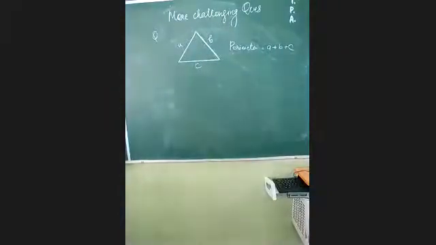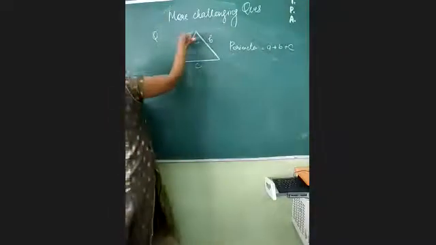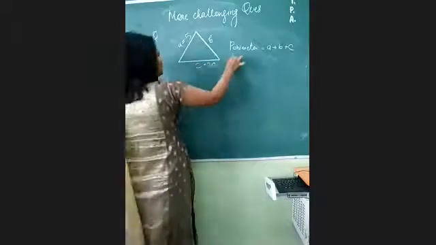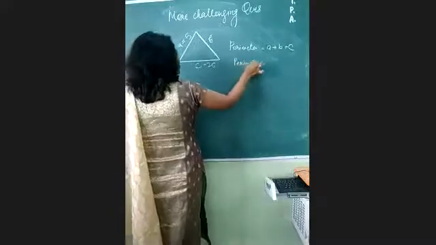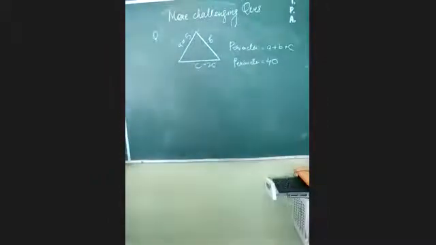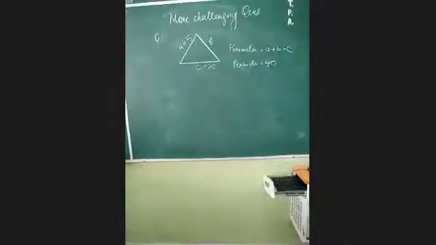Suppose I give you this is 5 and I tell you this is 20 and I tell you that perimeter is 40. Now can you tell me what will be the measurement of the third side by using the chat box? Please use the chat box and tell me what should be the value of B. I have told you A, I have told you B. Now you tell me what will be the value of C here.